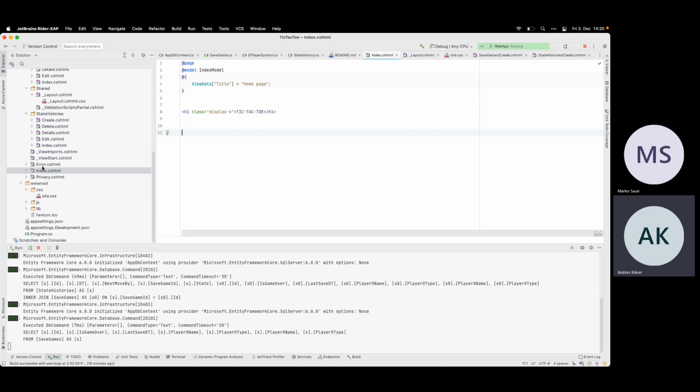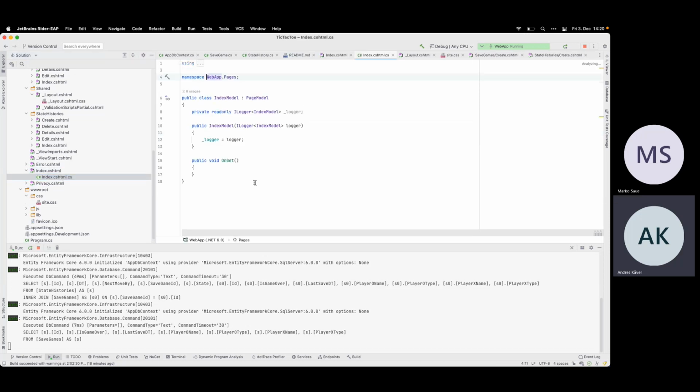So let's make a form for it. So we have the onGet. Probably we need to do the onPost also here. Or actually not, we can do everything get-based easily. So let's call it a username.